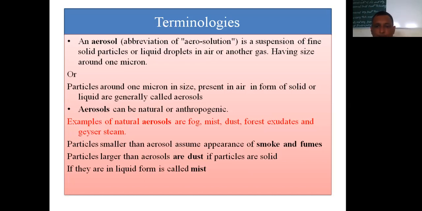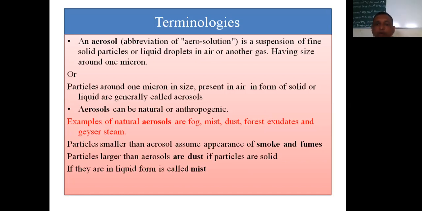We are going to learn about these three terminologies. Which are those? First one is smoke and fumes, second one is dust and mist. आता लक्षात घ्या, स्मोक कशाला म्हणायचं? All this is centered with the 1 micron. Particles smaller than aerosols